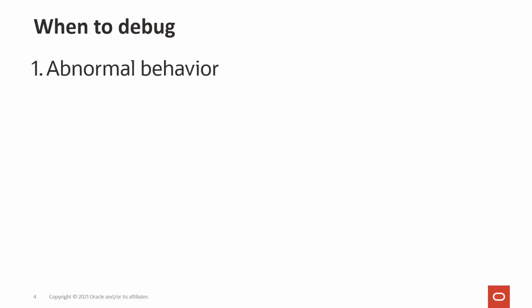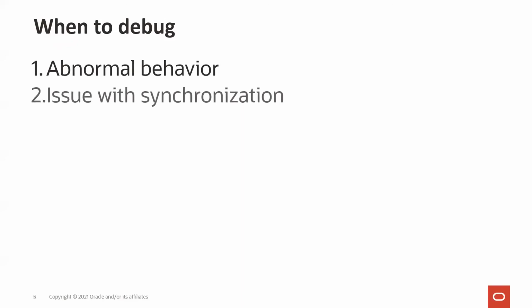So what you need to do is get into a debugging mode or debug the application and try to figure out which employees it is missing, or which employee it is printing twice, or whether it is printing multiple employees, right? So you need to find out what the underlying problem actually is. That is when you get into debugging mode, when you observe abnormal or improper behavior of the program.